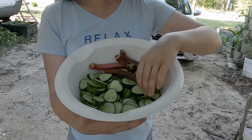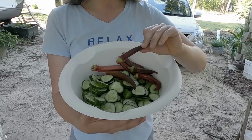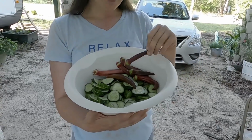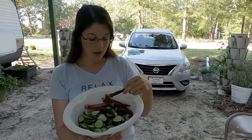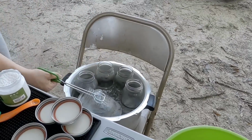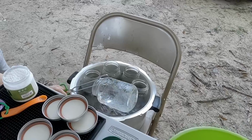I'm also going to be canning this burgundy okra. I have never canned or pickled okra. I can it every year, but I've never pickled okra. And I don't know if we'll like it or not, so we're just going to try it. I've got my hot jars here, and some of these are really old jars,